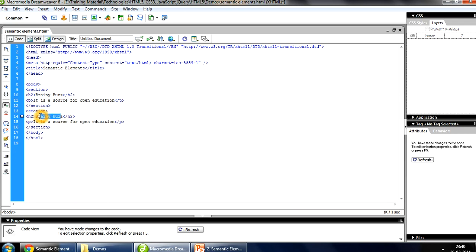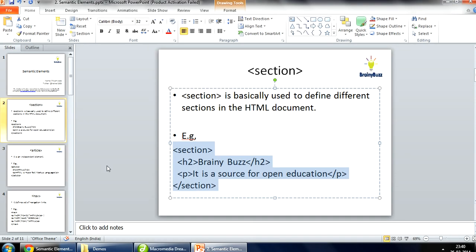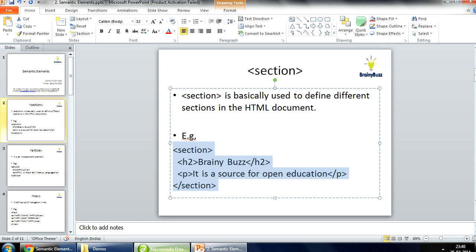So like this I can write World Wide Web. Let's save it, and I have already opened the file. So there are two sections in your HTML file.